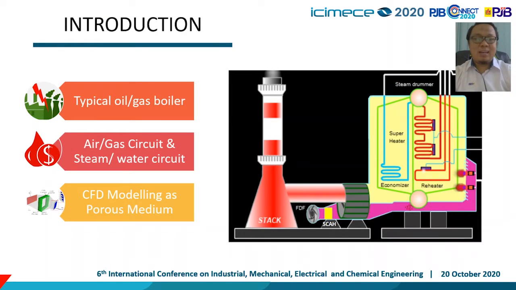This is the common arrangement of a 100 megawatt electric utility boiler. There are two main circuits, the air circuit here and the water and steam circuit inside the tube. My study will focus on this small yellow box, a heat exchanger called the steam coil air preheater. I will model it with computational fluid dynamic modeling, and will model the heat exchanger as a porous